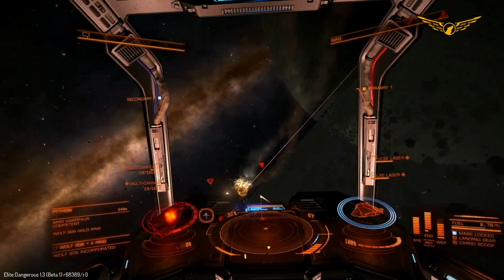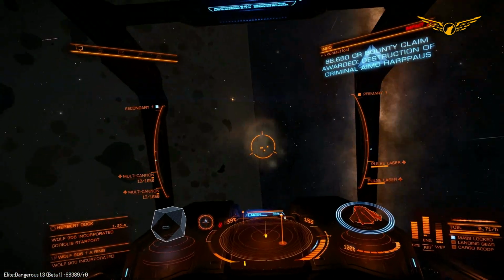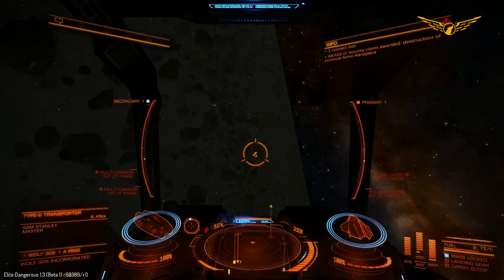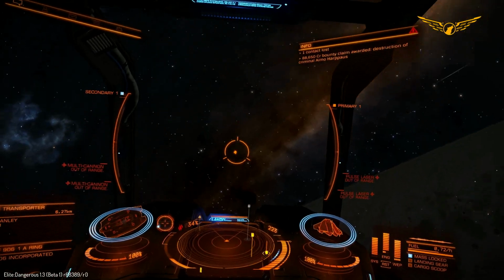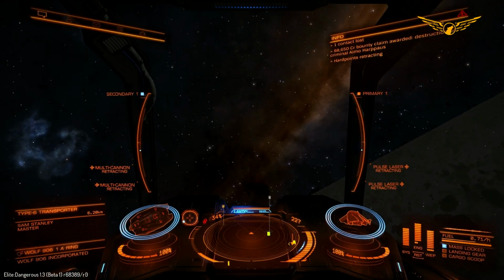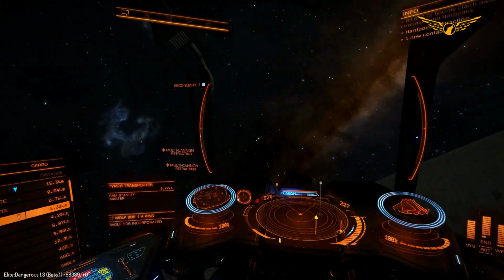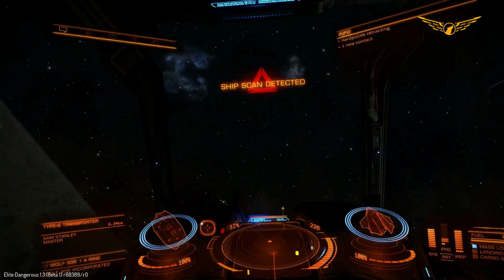Now, I must stress that this is beta footage. There we go, we have him. As I said, I must stress that this is beta footage, so I cannot guarantee that this is how the ship is actually going to perform once it hits the live servers. But yes, let's try and get out again this time,